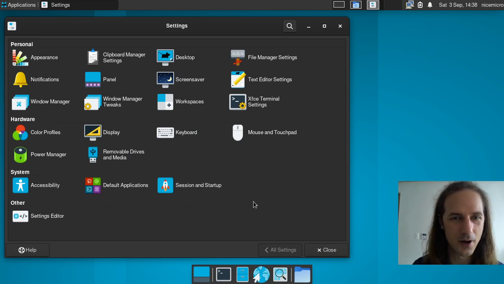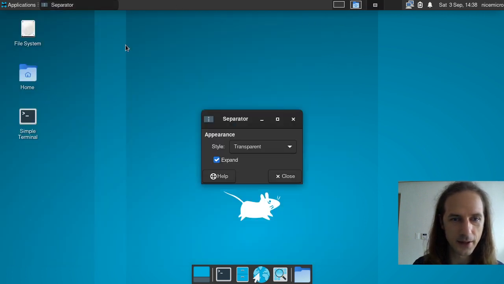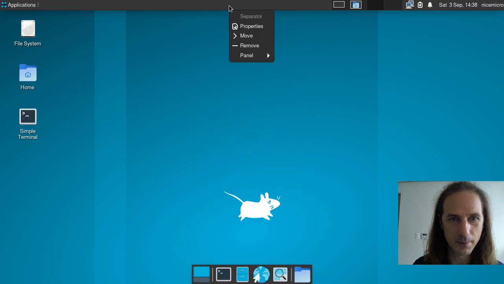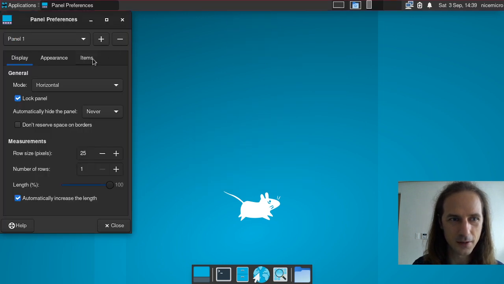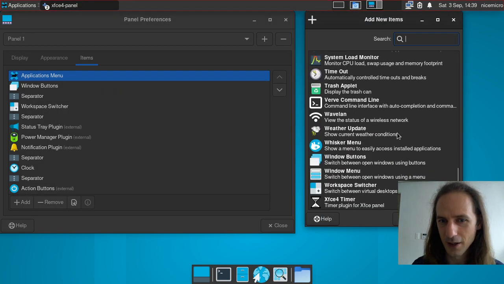Let's remove this over there. All right, so these are those things. What did we get in the... Oh no, I need a panel setup. So panel preferences, and let's go to items. So we've got a lot of new things here in the things we can add. We could have weather updates. We can have